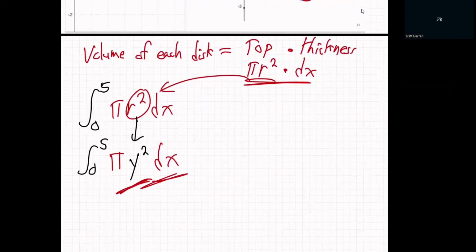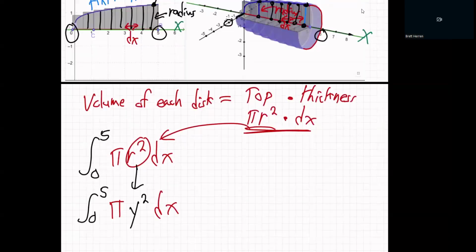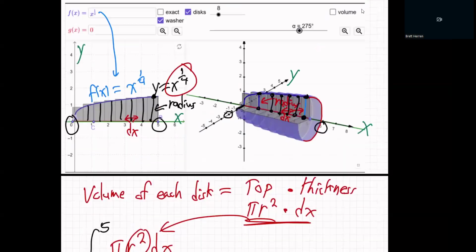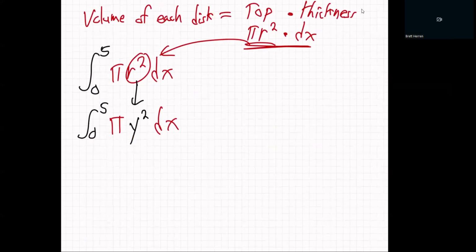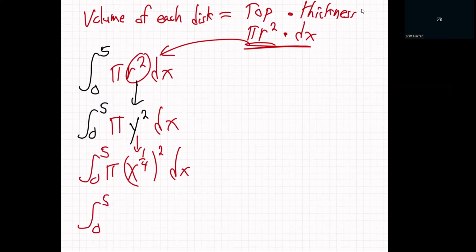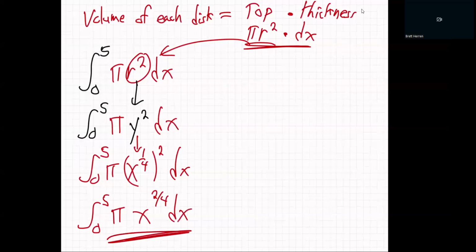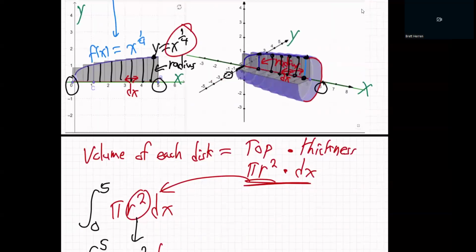But the problem is we can't have y and x mixed here. What is y? Y is x to the 1/4. So this will become x to the 1/4 squared. All right, and then simplifying one step there, it's the integral from 0 to 5 of pi times x to the 2/4 dx. And there's our integral. There's the setup of the integral that'll find the volume of this three-dimensional shape,